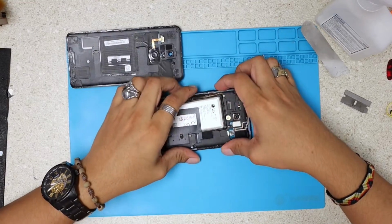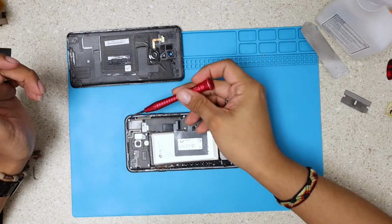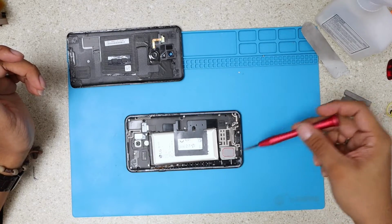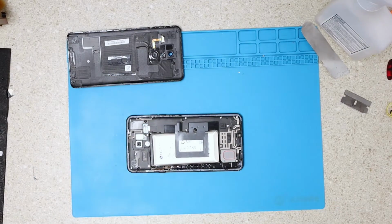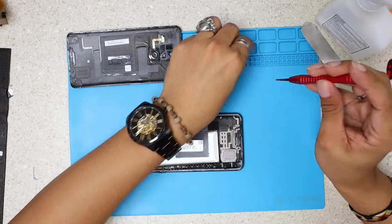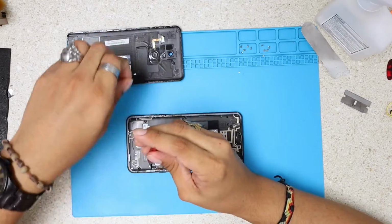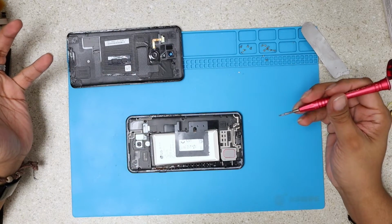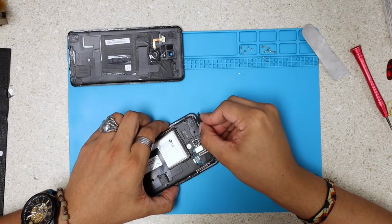Anyways, we're gonna put this on the side. With no more talking, we're gonna remove our screws. So we got 1, 2, 3, 4, 5, 6, 7, 8, 9, 10, 11, 12, 13. That's all I can see, 13 screws. Let's remove them. Alright, we'll remove all the screws, and I'm gonna grab my razor blade and I'm gonna just lift these kind